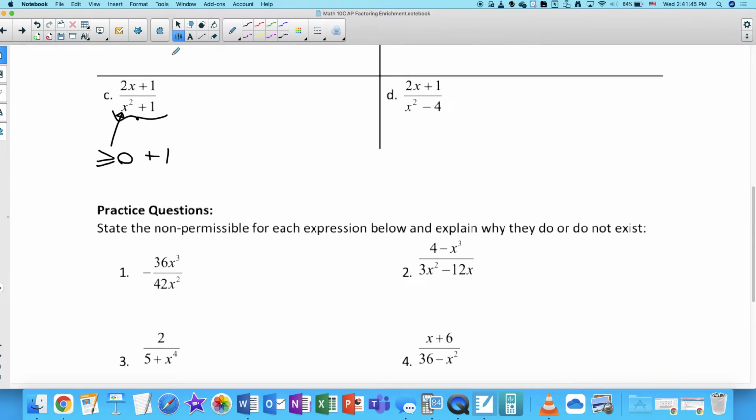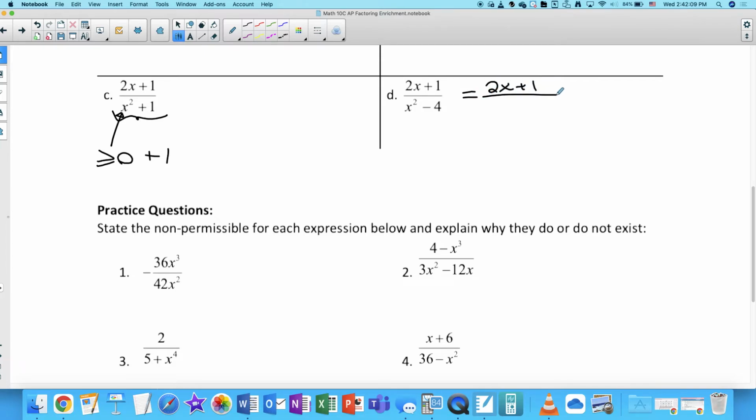All right, so this one does not have any non-permissible values. OK? Let's look at this one, 2x plus 1 over x squared minus 4. There's two of them. What are they? Oh, it's 2. OK. There's two of them, though. What's the other one? The other one is negative. Yeah. So if you think about factoring this,